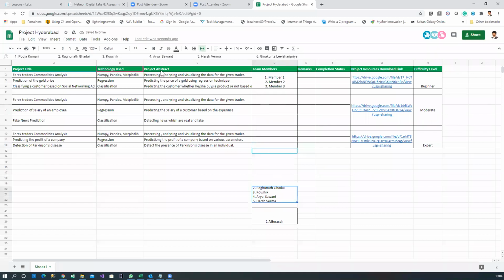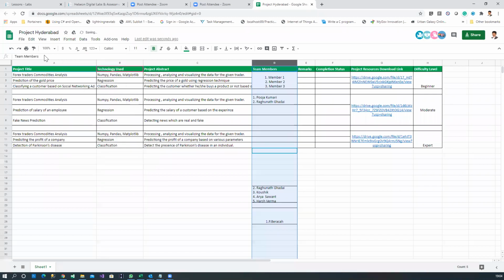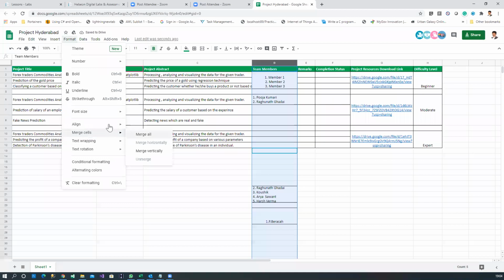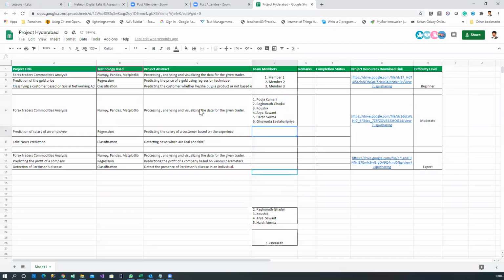So now this list of people, I don't know which project you want to select. I have no idea. So all of you, I just put everybody here, but you can come out from that and select.